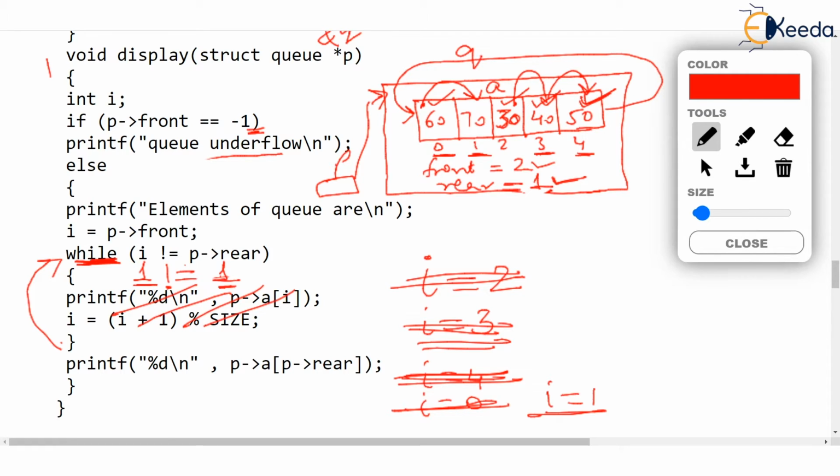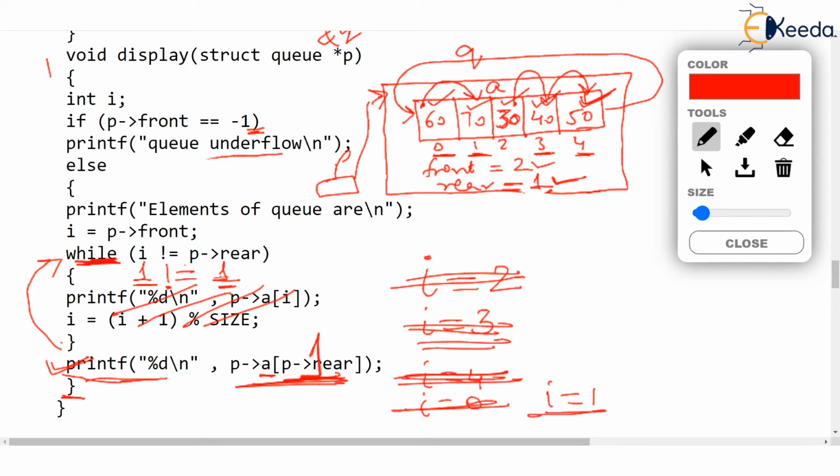So the only last element, that is 70, has not yet got displayed. No issues. After the while loop, we will write one extra printf where we will print the rearmost element, that is first element of the array will get printed, that is 70 will get printed, and that ends the display function. So extra printf has been written for that pending element which did not get displayed.